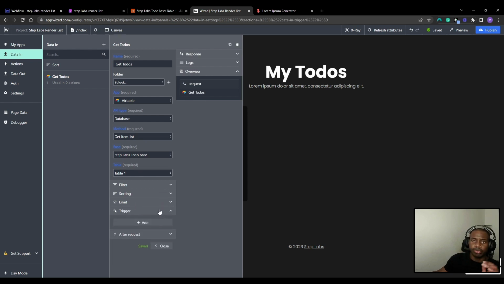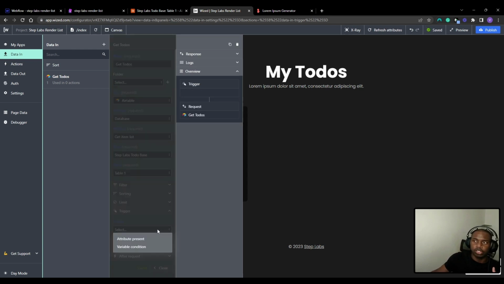Trigger, so trigger is what triggers this action to happen. I think keep on explaining things, but it's pretty simple. So we need something to trigger this data in action, or request actually. Trigger this data in request to happen. So we need to add an attribute, which once the attribute is spotted on the page, is going to fire the action off. To add an attribute is the next stage we're going to do,